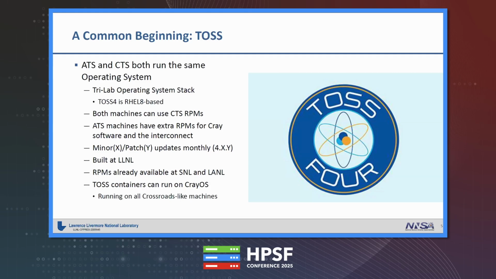And so both of the systems can use the CTS RPMs for like GCC or Git or curl, whatever. And then Cray provides extra RPMs because we force them to, that aren't the SUSE things they're used to, but they're providing it for Red Hat because that's what we put in the contract. And the TOS does have a pretty regular update cadence of monthly, but it's usually small point release that's not